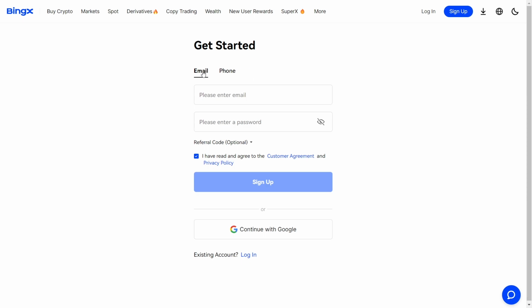If you want to use your email, you can click this area for entering your email, your private email or another one, and then you must choose your password, and there's an optional choice for entering a referral code. Sure, that's optional, but if you want to pay less commission with a discount,